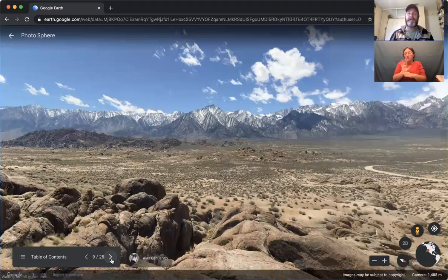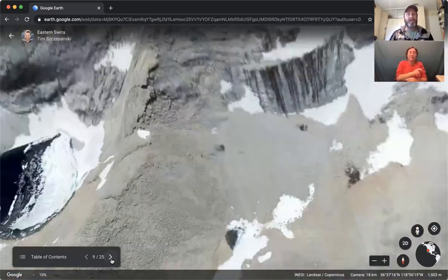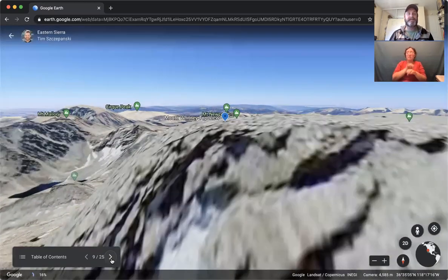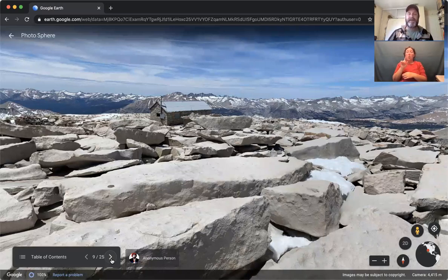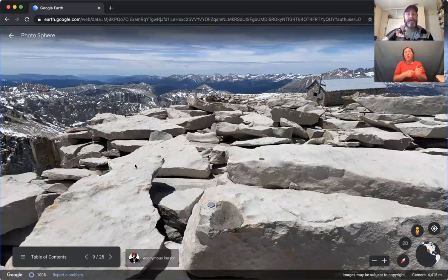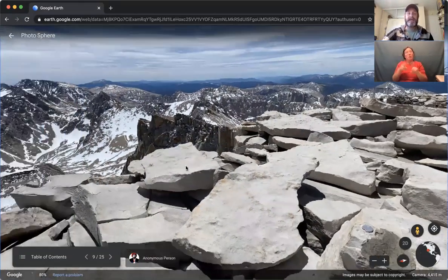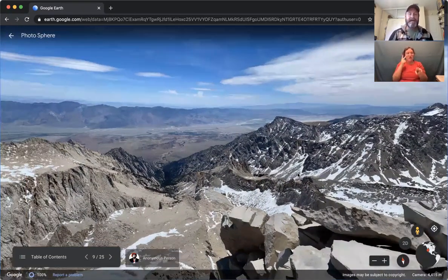From here in Alabama Hills, we're going to make our way now up to the tallest point in the lower 48 states, which is Mount Whitney. Mount Whitney, like I said, sits at 14,505 feet. If we look right down here, we can see the little plaques to show us where the highest point is. If you want to hike to the top of Mount Whitney, you will need to apply for a lottery. This is a really busy hike, and we're going to pan over here to look down onto the Owens Valley. Super busy hike